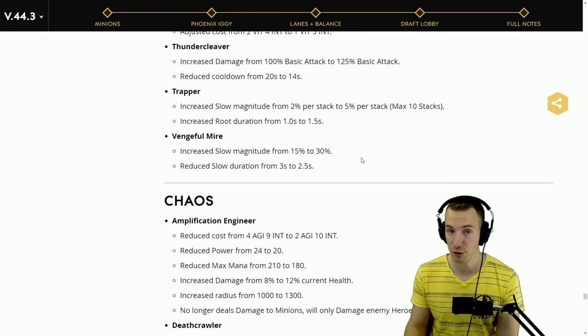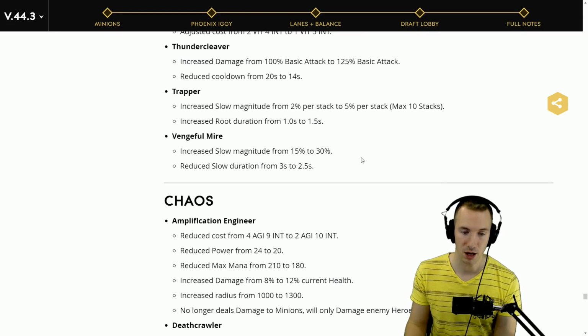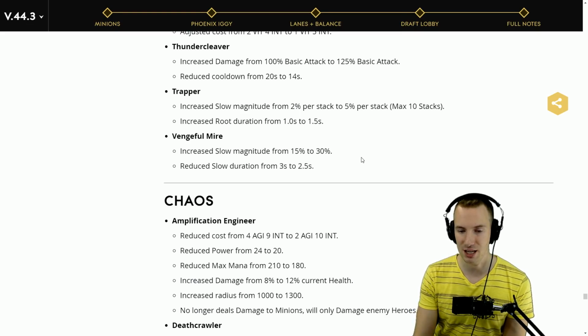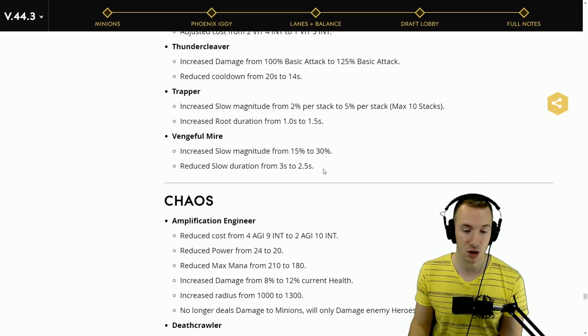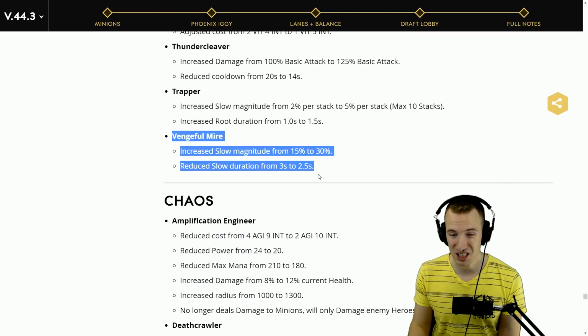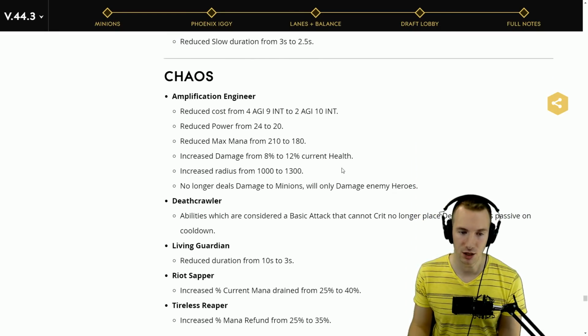Wow. Vengeful Mire also looks much better. Increased slow magnitude from 15 to 30%, but reduce that slow duration to 2.5 seconds. That's going to be really good if you're a tank and you want to stick onto your target. Vengeful Mire and really disrupt. That's going to be really good. Chaos